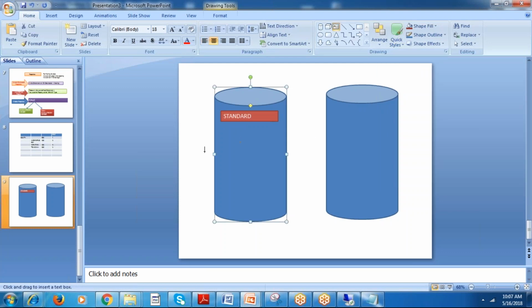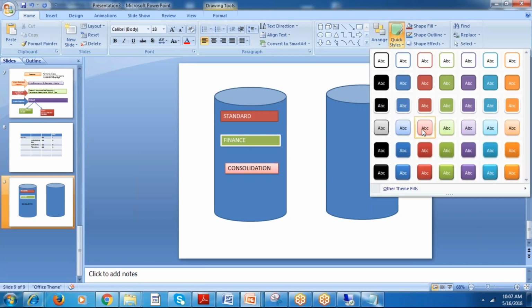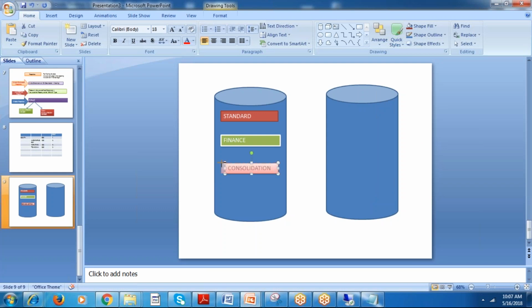And we have one more type of model, finance. This is another model, the finance model, and we have another model we call consolidation. These are all what we call the reporting model.